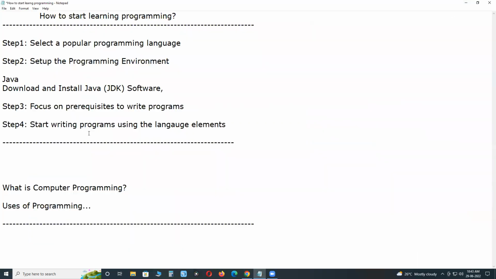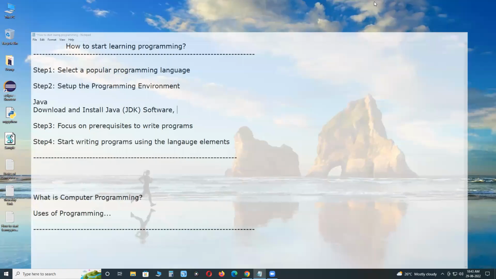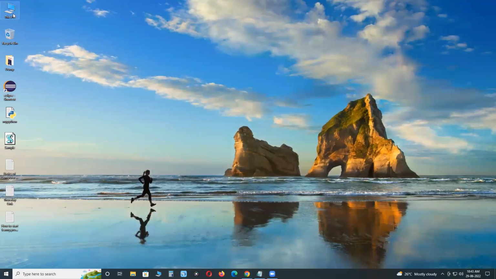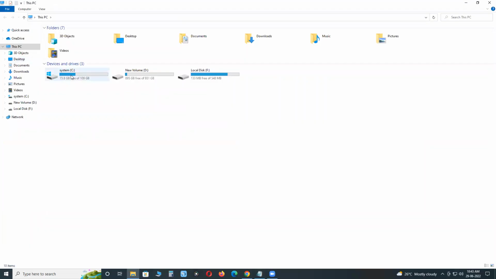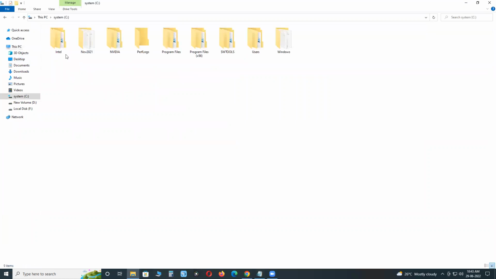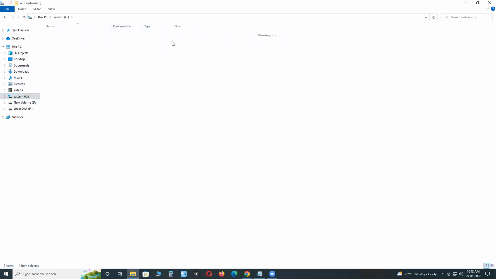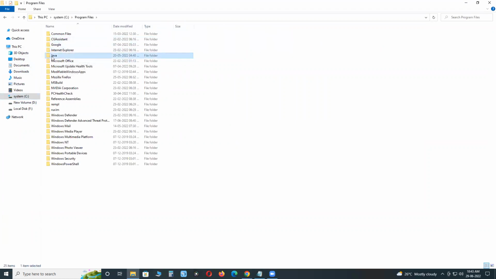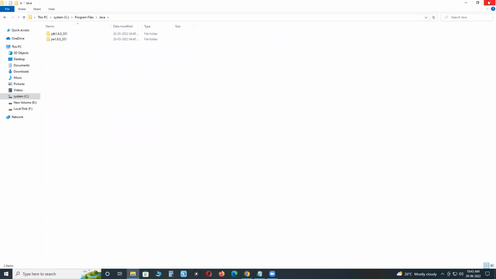Download and install Java software, free software. After installation on Windows, you can get a Java folder in Program Files. See, where is the Program Files? Java is there.